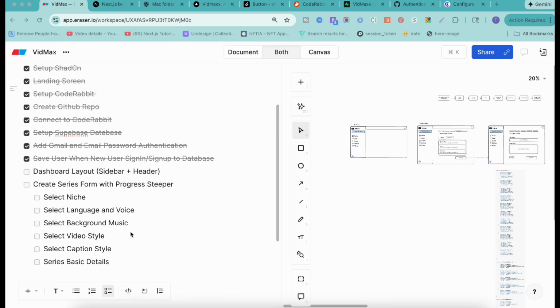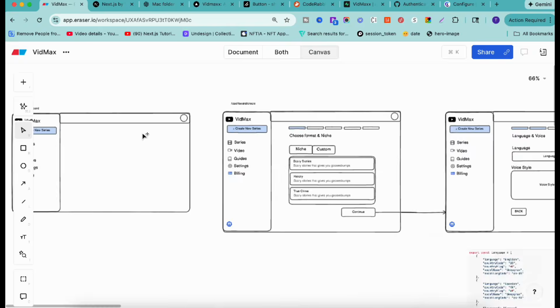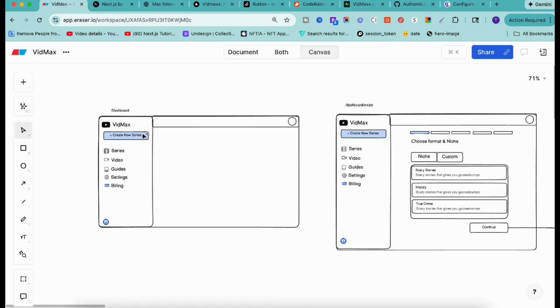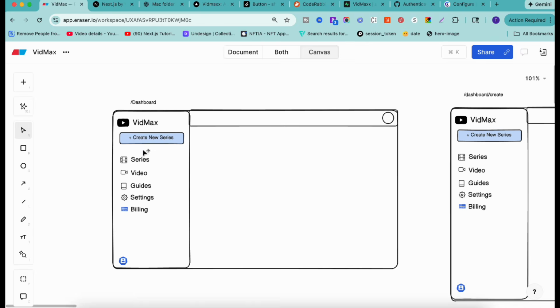Now the next part is to implement a dashboard layout along with the sidebar and header. Now it is very important to imagine what actually you need. Obviously, if you have the UI UX mockup, it will be very easy. Or you can draw your imagination first on the paper. So you can use the tool like eraser to draw your mockup, and then depends on that you can simply write your prompt,